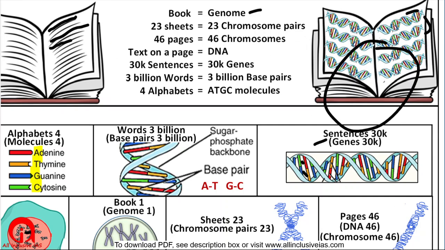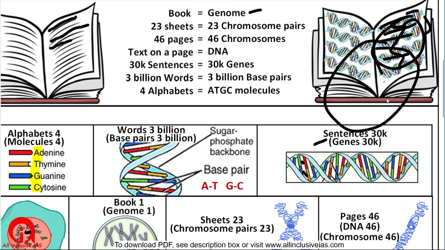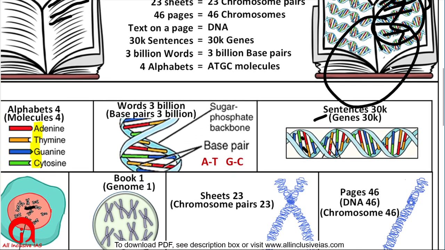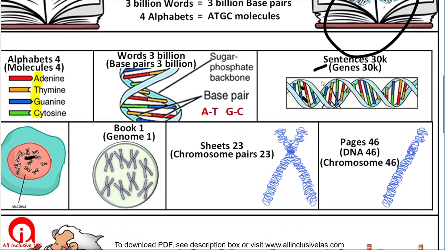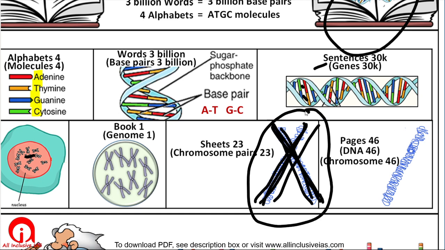These are sentences, and when sentences combine, whatever sentences are there on a single page, these sentences are called your DNA, right? And these sentences are written on a page, that will be the chromosome, and a sheet of paper has two pages, front and back. So chromosomes are always in pairs. This is one DNA molecule, this is another DNA molecule. So this is one sheet, sorry, this is one page, this is another page. Two pages combined to form a sheet of paper,